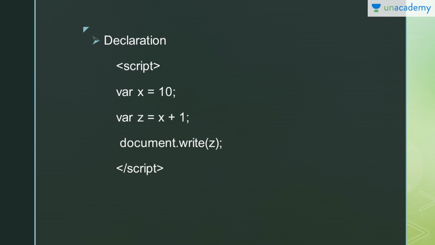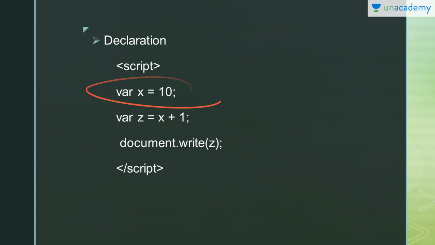Now, how to declare a variable in JavaScript. In the previous video I told you that in JavaScript the code will always be written within the script tag, right? So here as well, whether you want to declare a variable, define a function, add two numbers, subtract two numbers, or design a business logic, everything will be done in the script tag only. So this is the declaration part.